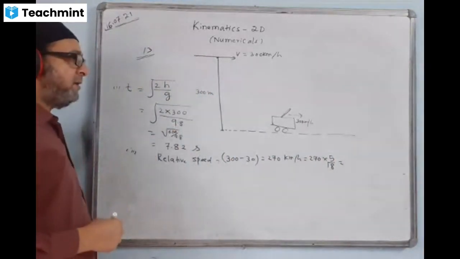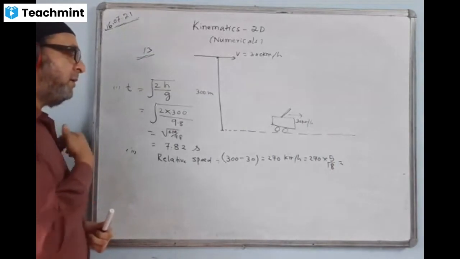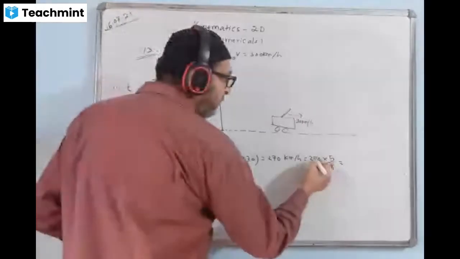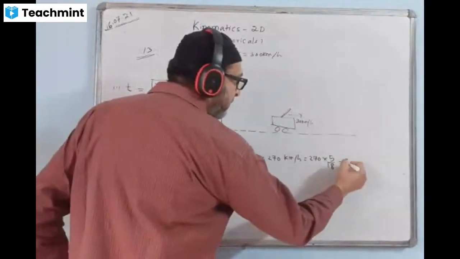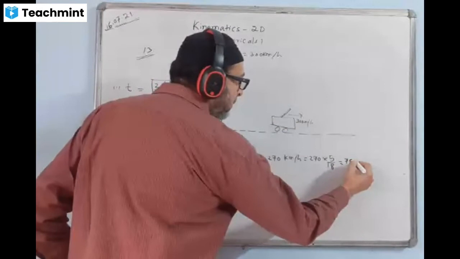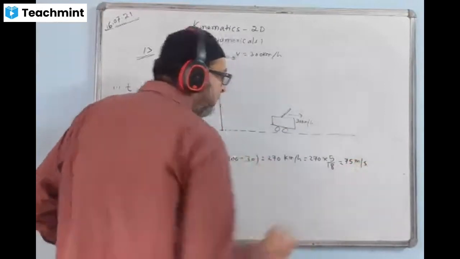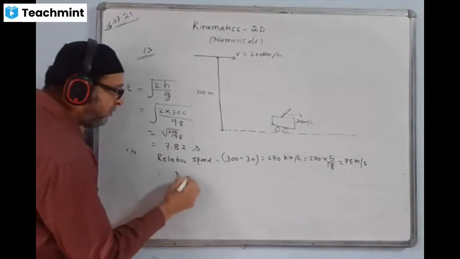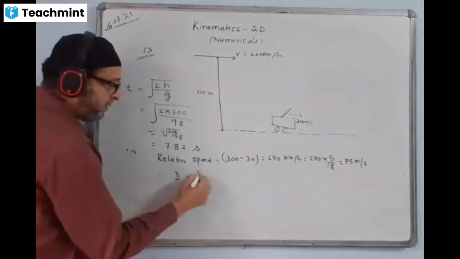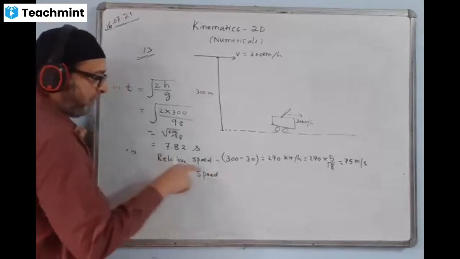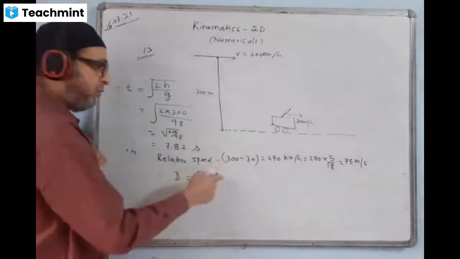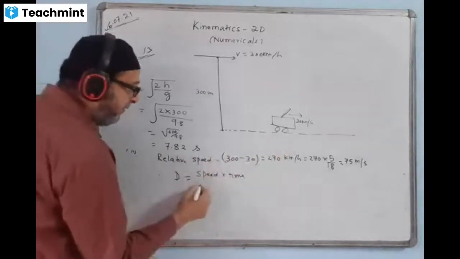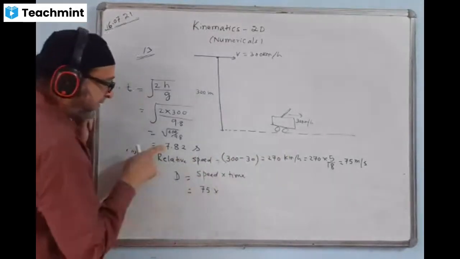What is the answer? You have checked, tell me what is the answer. How much are you getting? 75, no? 75 meters per second. Yeah, 75 meters per second. Now we'll use the formula distance is equal to speed into time. Horizontal motion, direct formula. Speed value is 75 and time is